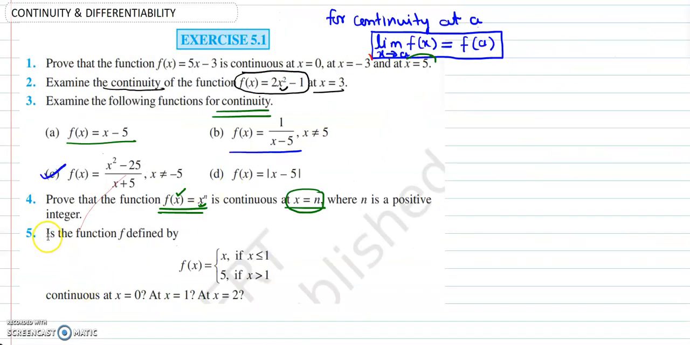Next is the function f defined by f of x equals x when x is less than or equal to 1, and 5 if x is greater than or equal to 1. Is it continuous at x equals 0, at x equals 1, and at x equals 2? Okay, simply with the help of a graph you can see also, and we will prove it as well. Okay, first of all we check at x equals 0. Okay, at x equals 0, for the function's